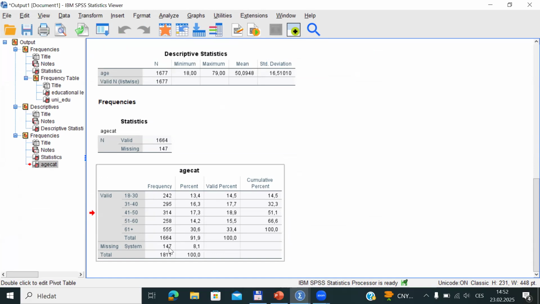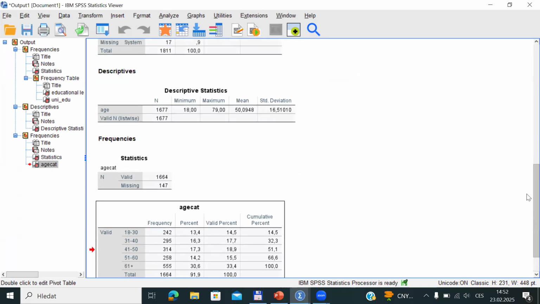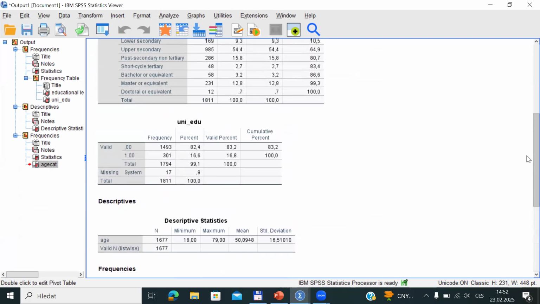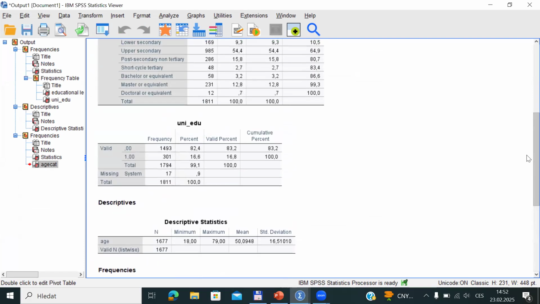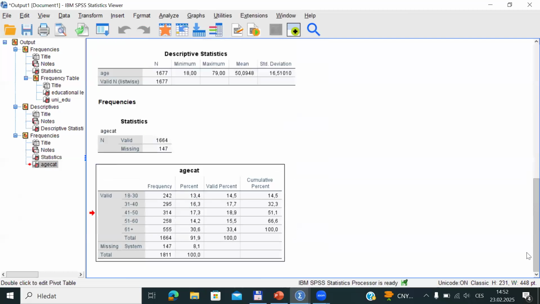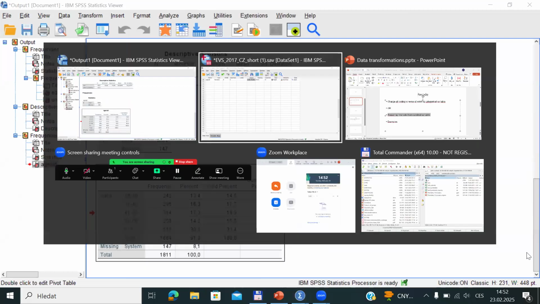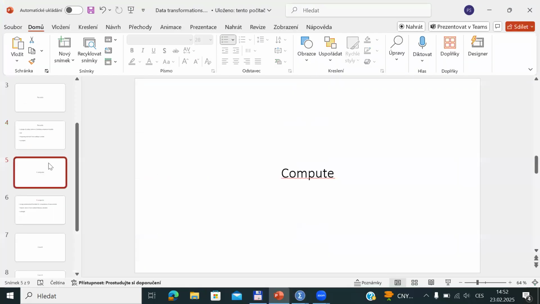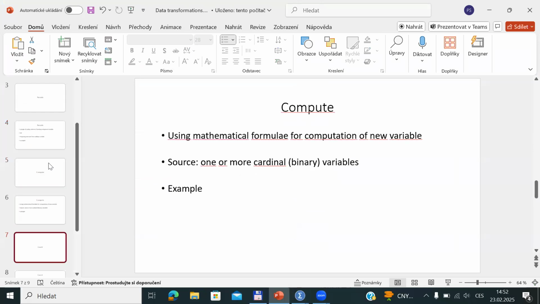And here we have 147 missing values, as we also have some missing values for the original age, I guess. So it seems to me that's correct. So that's it. And the last procedure I would like to show you in this data transformation block is